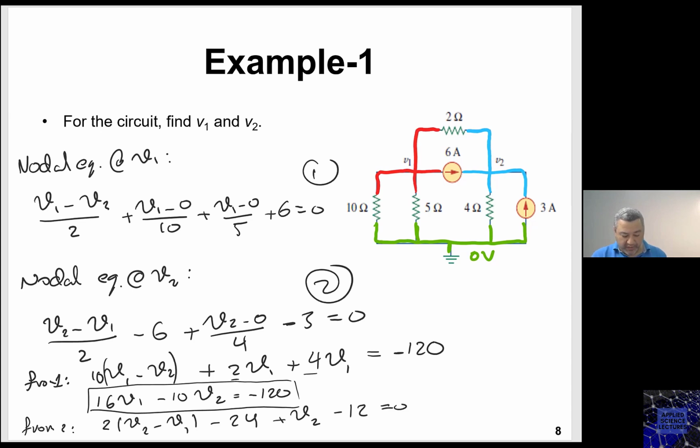And now this one would be 2V2 plus V2, that's 3V2, minus 2V1 equals 36. Now we need to solve those two equations simultaneously and find the